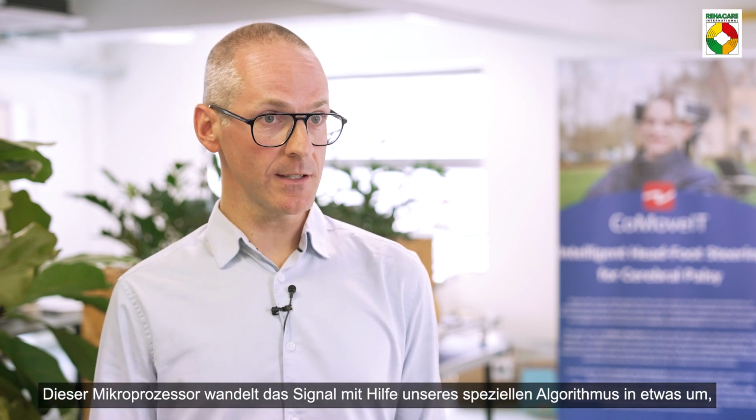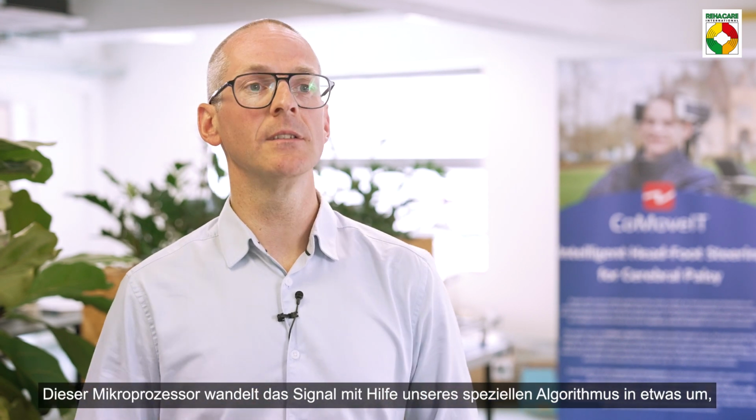We are using high-tech sensors. Those are pressure sensors that capture any touch or any push by the user when he's driving the wheelchair. As soon as the user touches those pads, a signal goes to a central electronic unit, where there is a little microprocessor built inside. That microprocessor translates that signal into something that the wheelchair can understand by using our special algorithm. We call it our Coca-Cola recipe, because there is all the high-tech inside that actually makes that adaptation of the